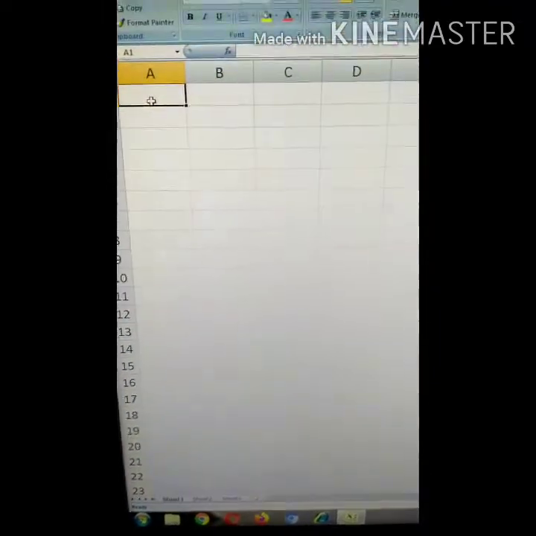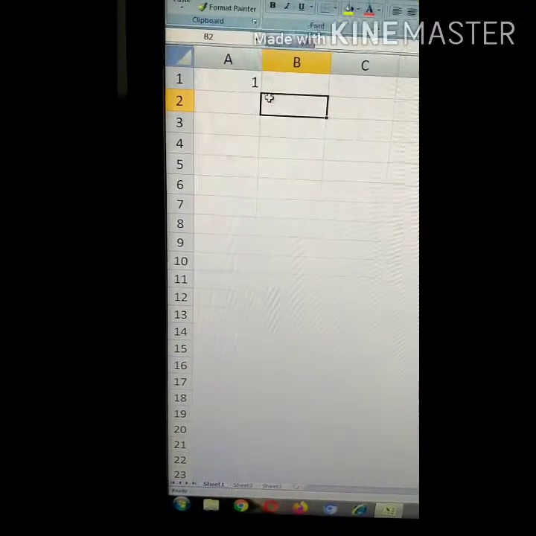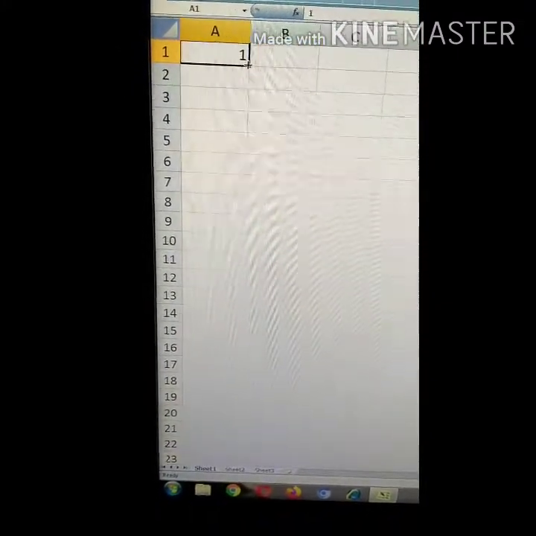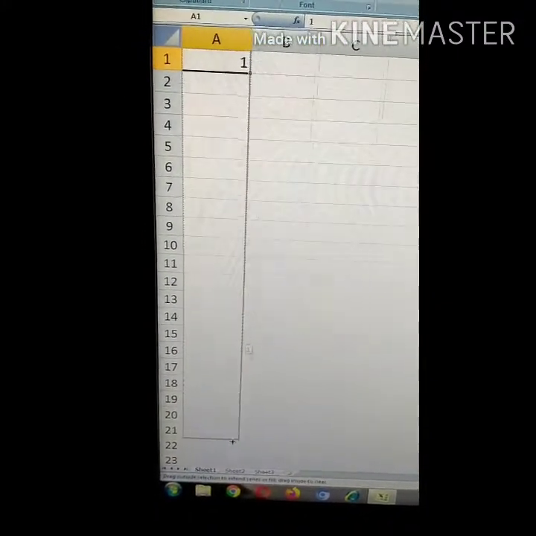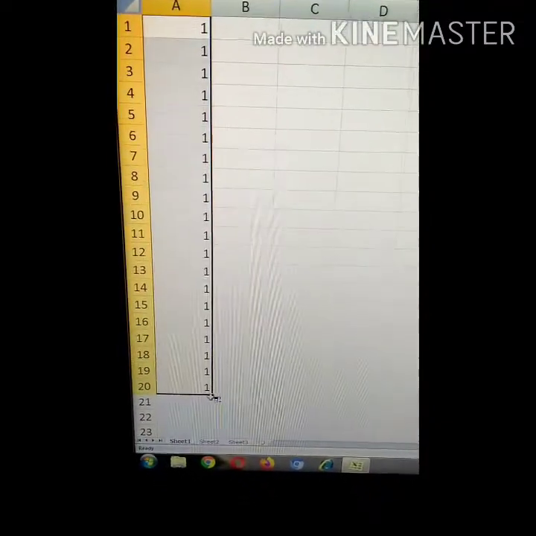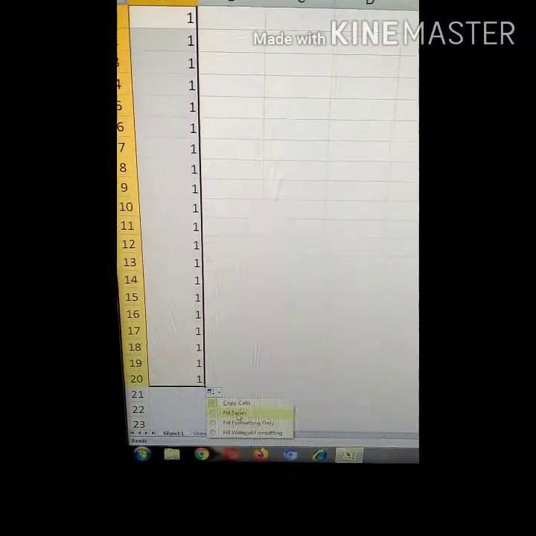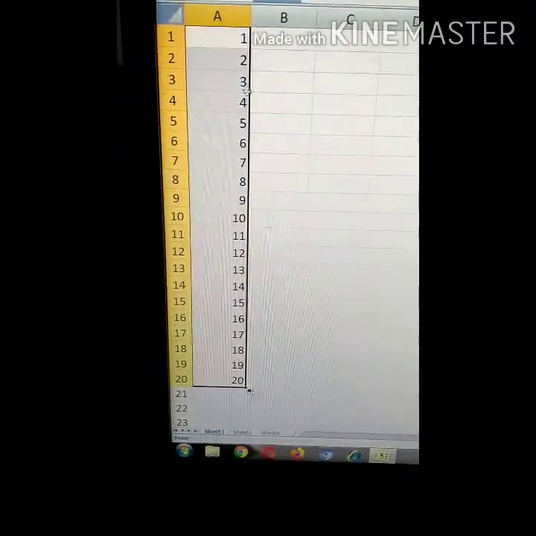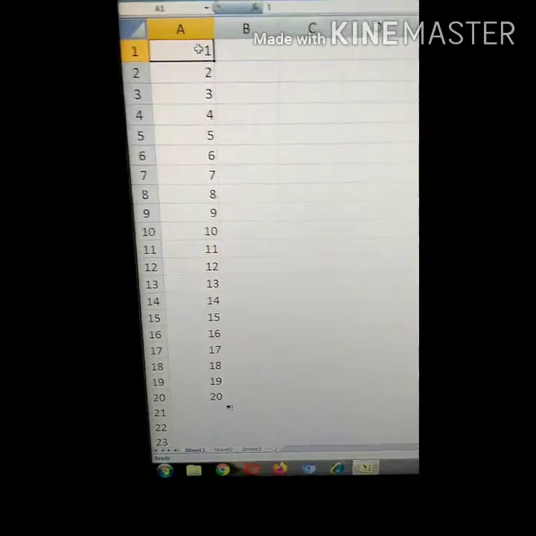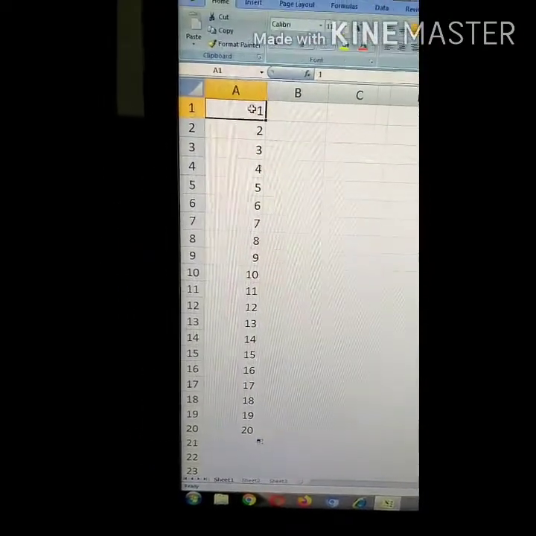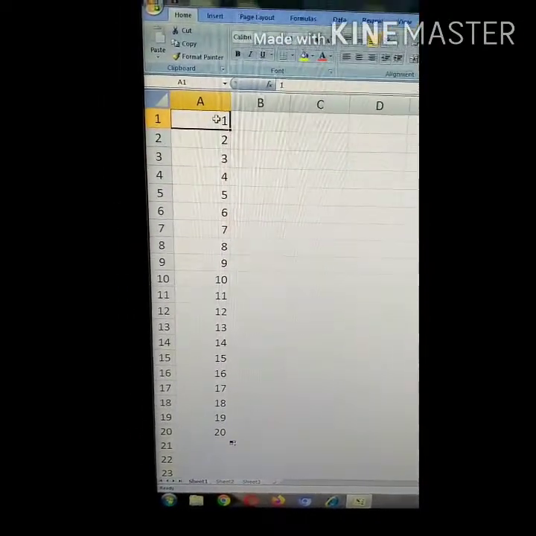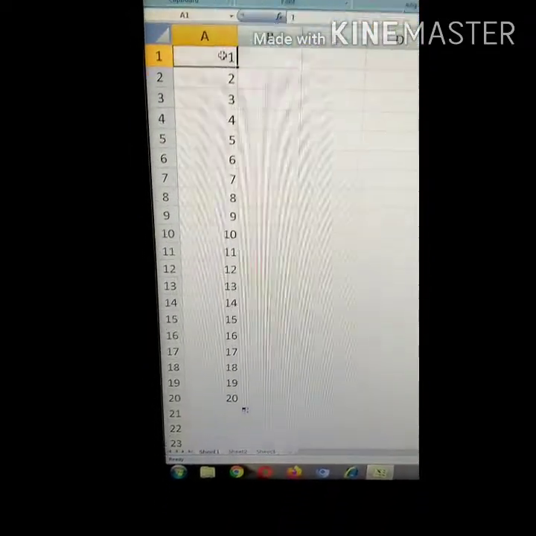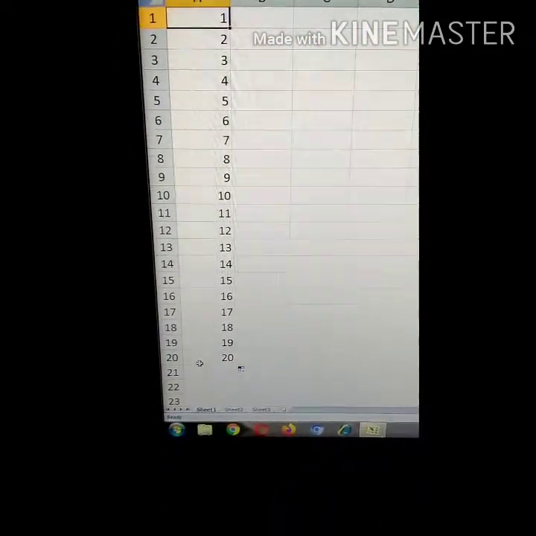Suppose you are filling something here, 1 to 20, meaning data, it is telling range A1 through A20, till cell A20. Like this, many examples are given.